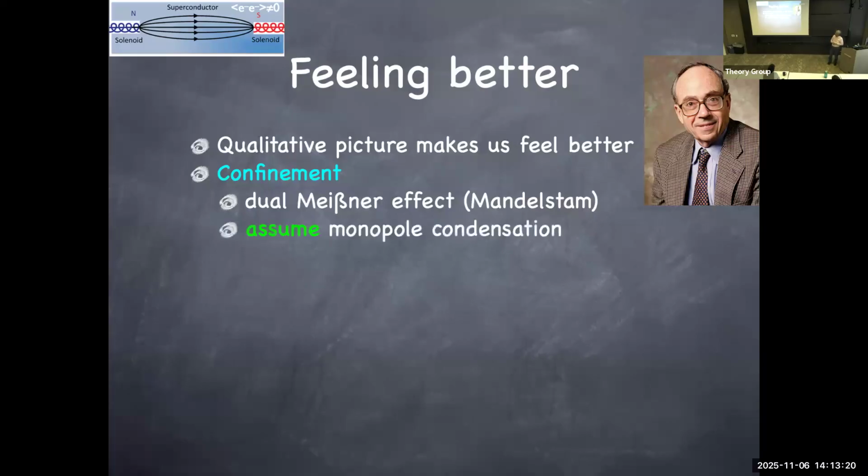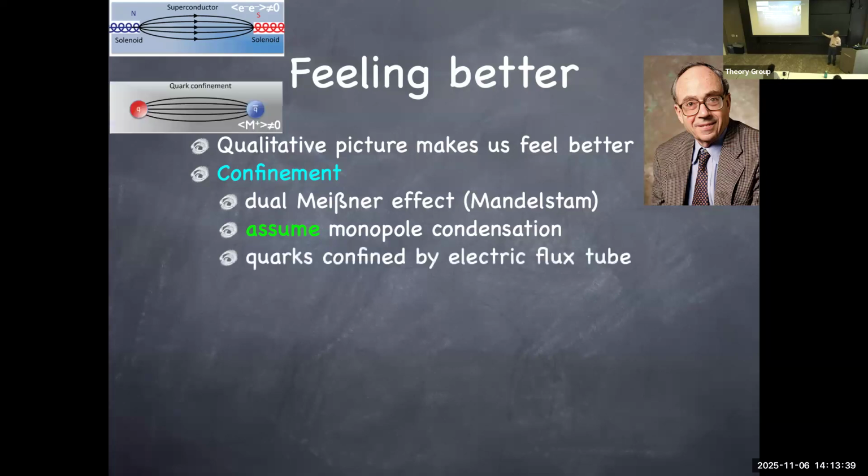So if you then switch from electric degree of freedom to magnetic degree of freedom, what happens in a superconductor is a condensation of Cooper pair electrons. So what you're looking at is a system where electric charge is condensed. Instead, if you assume that you have a system where magnetic charge is condensed, that is the monopole condensation, then instead of having a magnetic flux squeezed to a tube, electric flux will be squeezed to a tube.